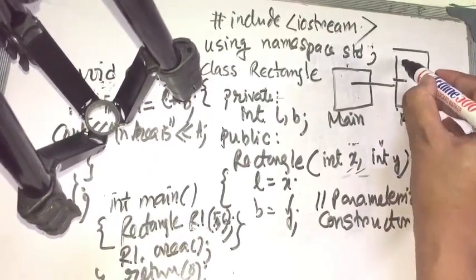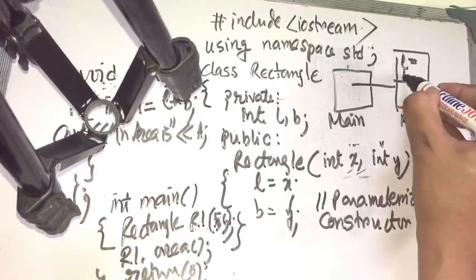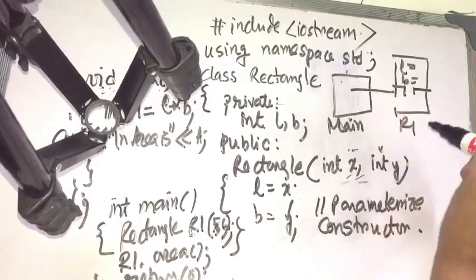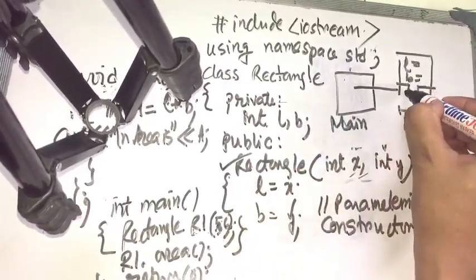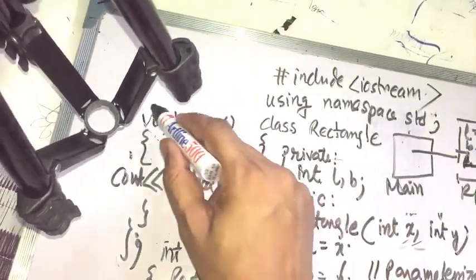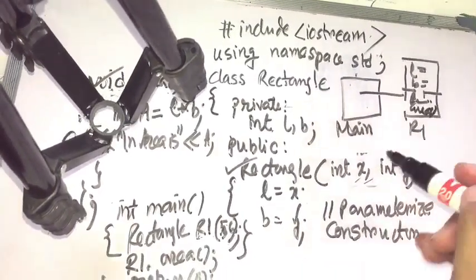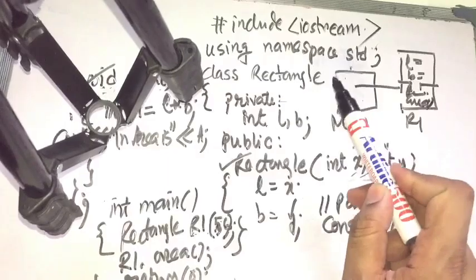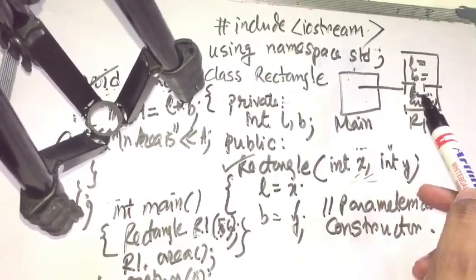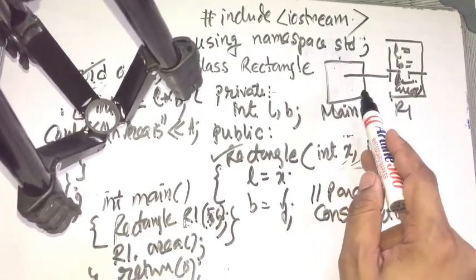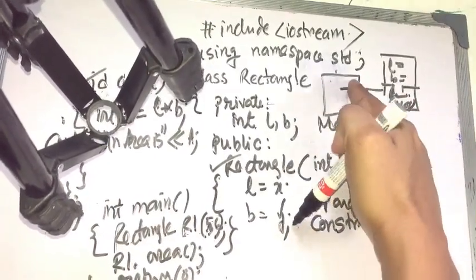The R1 object has two data members, that is L and B, and two function members. One of them is rectangle, another is area. So these are the two function members within public. And we know that main can directly access the public. Main directly public access করতে পারে।